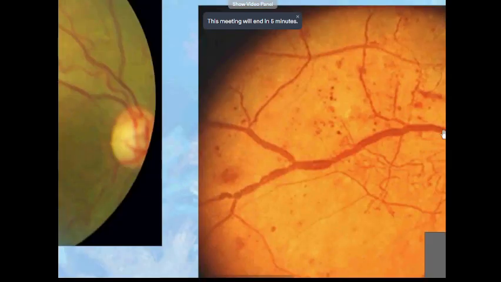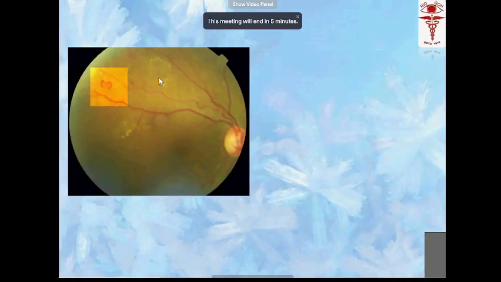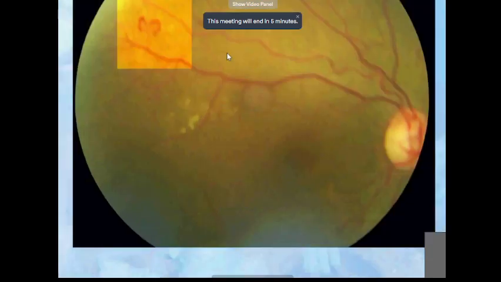See, this is how the vein is. In diabetic retinopathy, the vein will be dilated, tortuous, and what you see here is the beading of the veins. And these are the small dot and blot hemorrhages. And you see some fuzzy vessels here, right? These vessels are flat, they are not elevated. They run between the artery and the vein. So this is called the IRMA. So this is the venous looping which occurs in diabetic retinopathy.